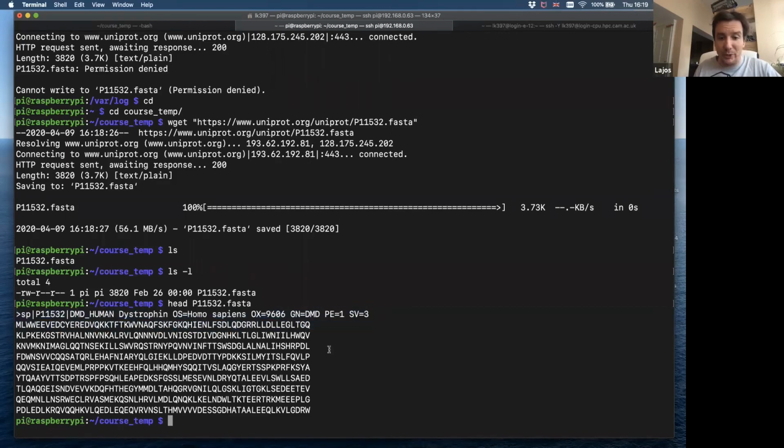But what you can do, and this is where we will meet the next very useful command, which is grep. So with grep, you can look for special characters or special strings within your text file. So if I'm grepping this string in my FASTA file,